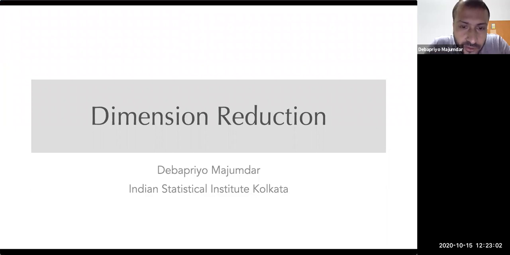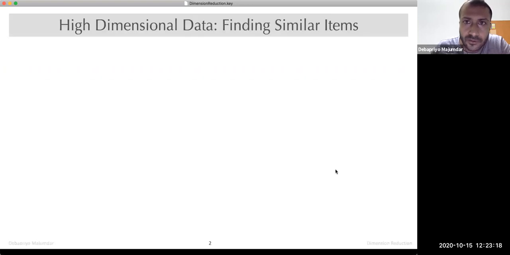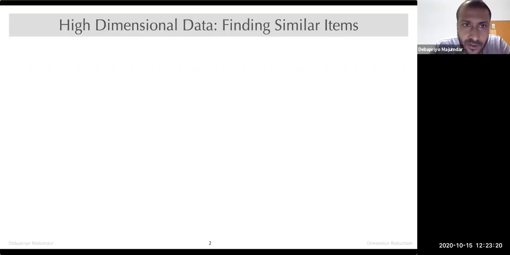The topic we are going to discuss today, or the topics we will discuss today and in the next few classes, will be dimension reduction and various types of dimension reduction. So let's first start with a brief introduction to that, which you have already seen before, but let's just redo that a bit.